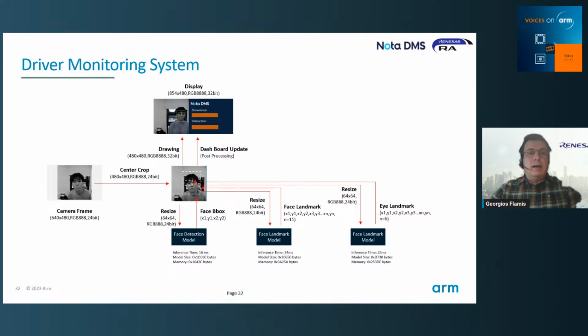There is a cropping around the place where the face is. That is the model that is driven to the model that detects the face. Once this is known and the coefficients of the face are known inside the full display, then the landmark model runs, which detects again the condition of the face, and on that is also the information of the eye that is extracted by